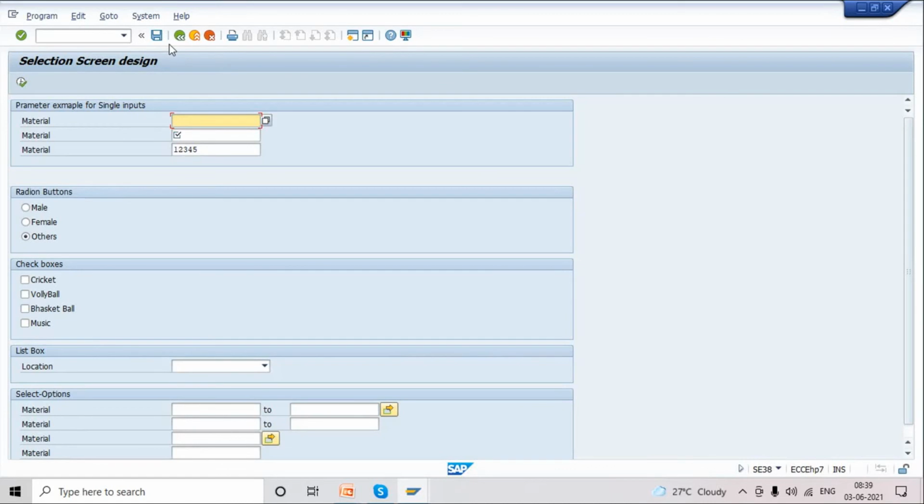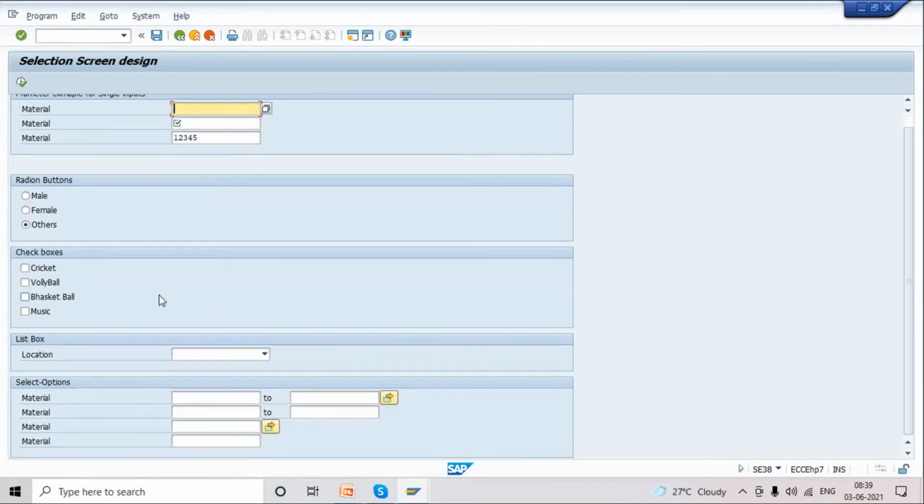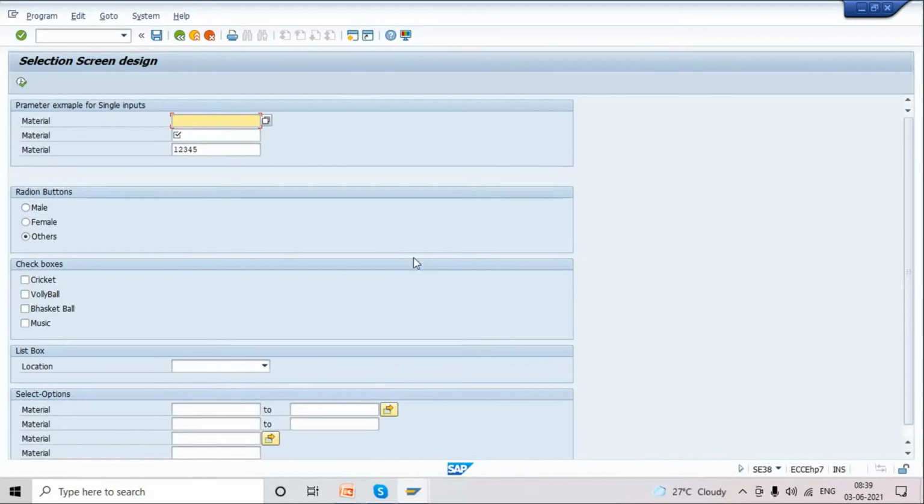As of now we can practice this and we'll continue tomorrow. Any doubts here? Now this is only screen designing. We have to write the remaining logic, select queries, write loop, and that is for displaying purpose. It's a full program.